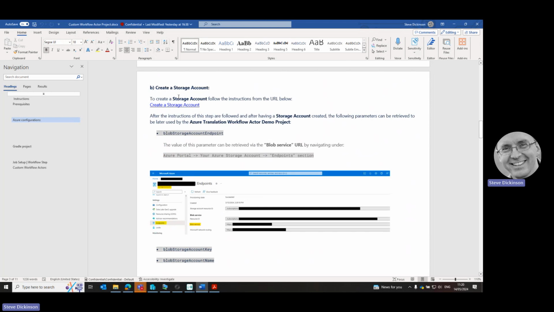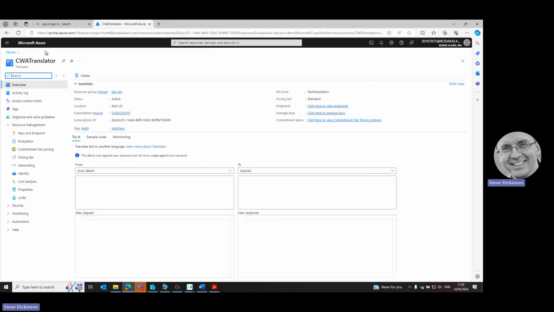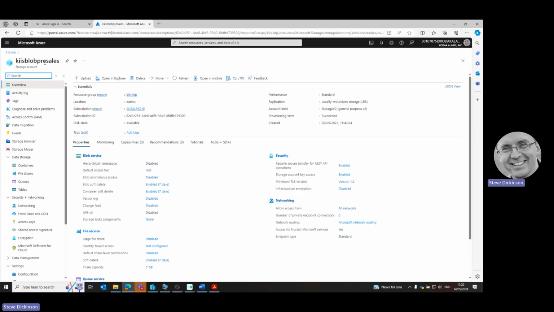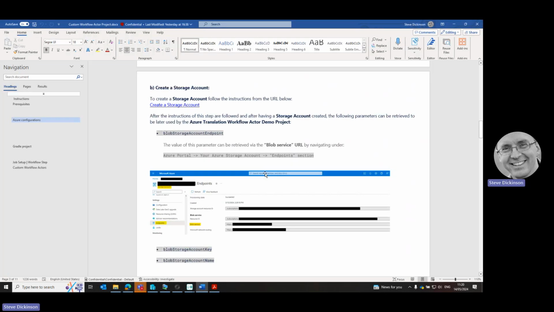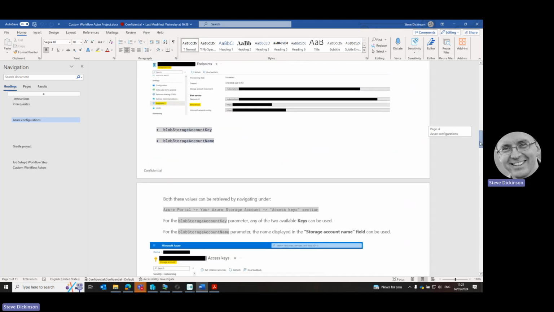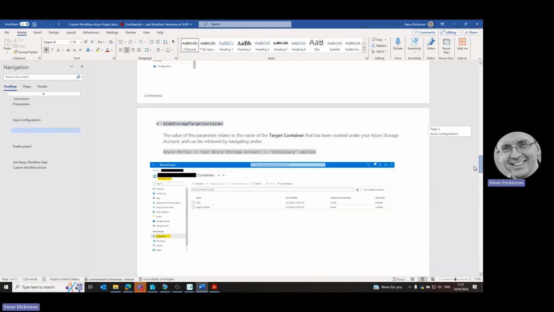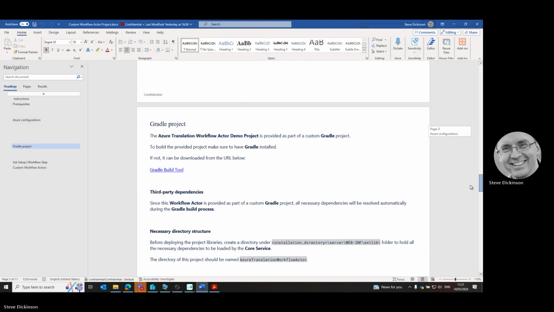And you also need to create a storage account. So in Azure, I have also a storage account, in this case, our Blob pre-sales account. And you can then get, once again, the endpoints for this account to add into the job configuration when you get to that stage. So once you've done your Azure configuration following these steps, and we'll just scroll down, you